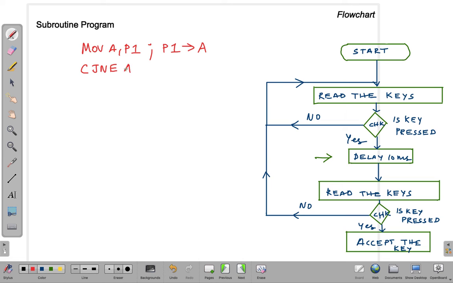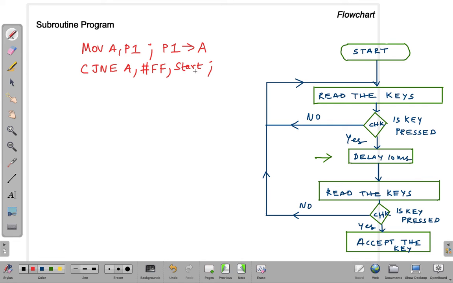CJNE A, #0FFH: I'm going to compare the content of the accumulator against the immediate data FF. When the content of A and FF are not equal, the program pointer has to move to the statement with this label. The label I'm going to introduce here is start.